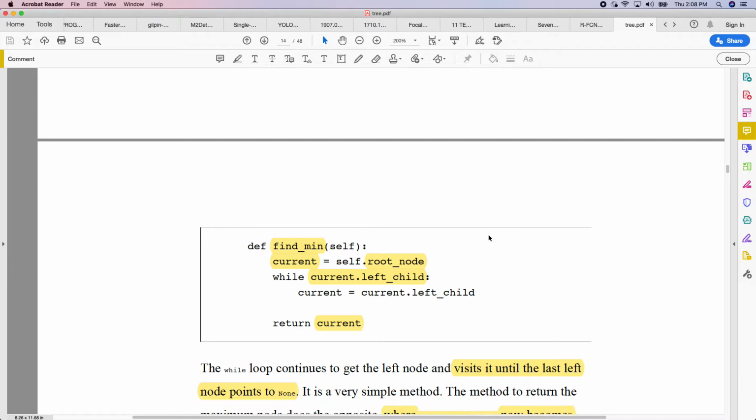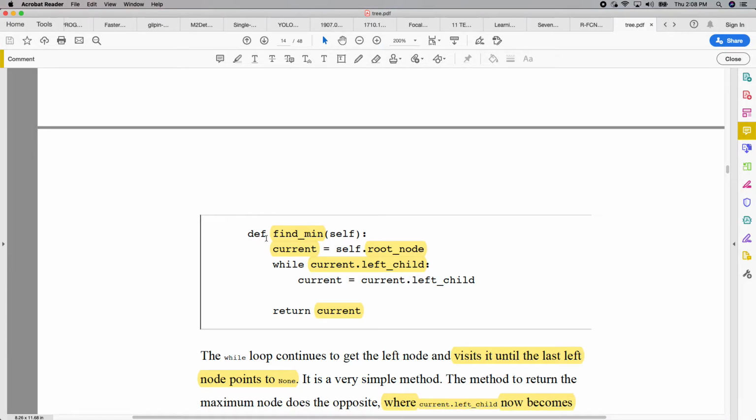So now it's getting more interesting. This is a code that implements finding the minimum. First, let's abstract away all this. Assume all these are not there. So you find a minimum. What do you want to return? You must return something. A node. Good. Alright. So let's abstract away this. So to find a minimum,